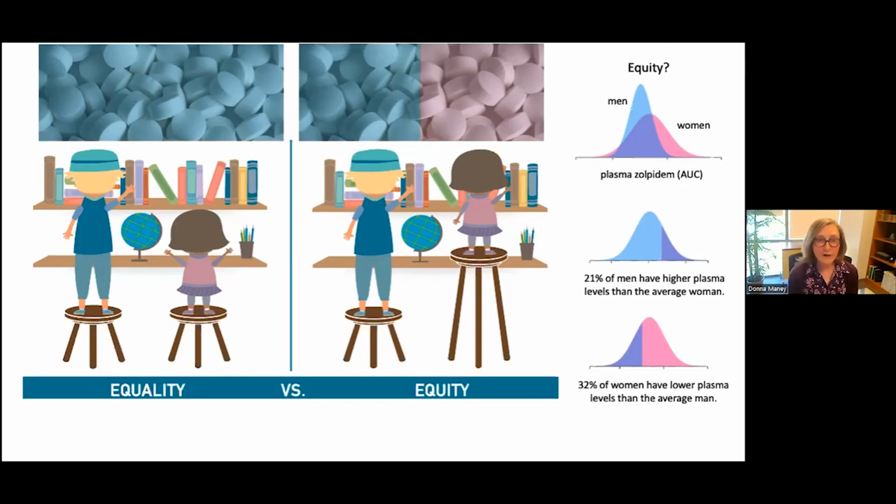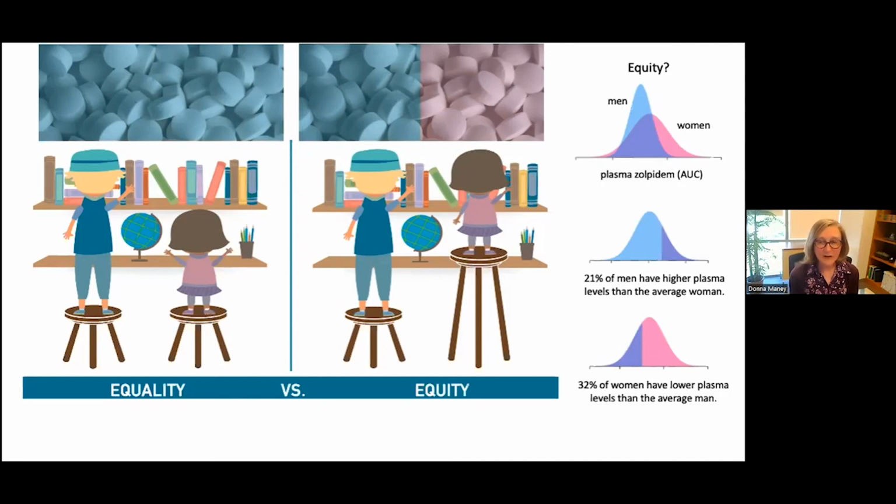So obviously nobody's going to go have their plasma levels of zolpidem measured in order to know what dosage they need, but at least part of the clearance rate for that drug is explained by body weight, which is available to prescribing physicians. So maybe there are better markers of clearance than sex, and we should always be using the best markers that we have access to. Which brings me back to how sex is operationalized.